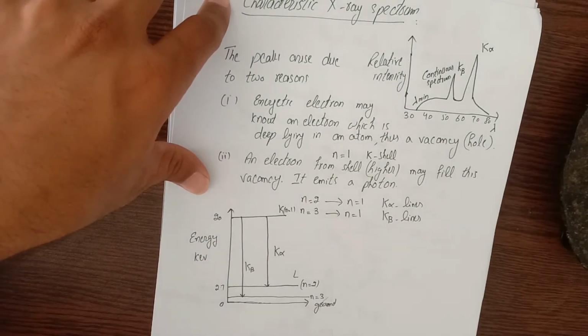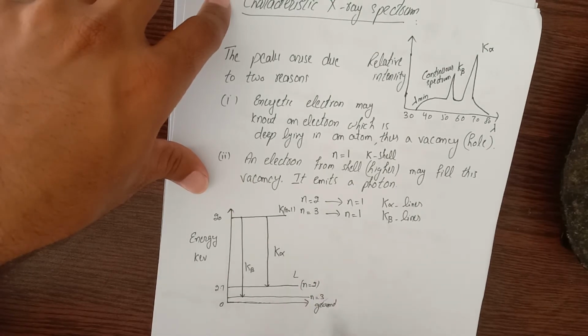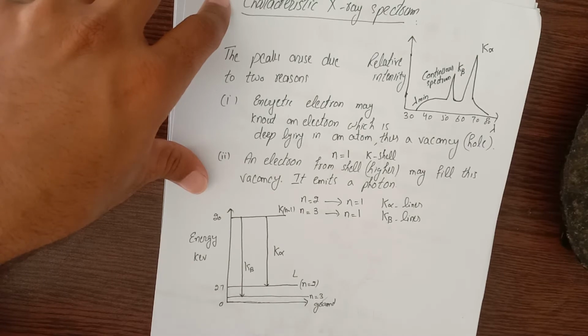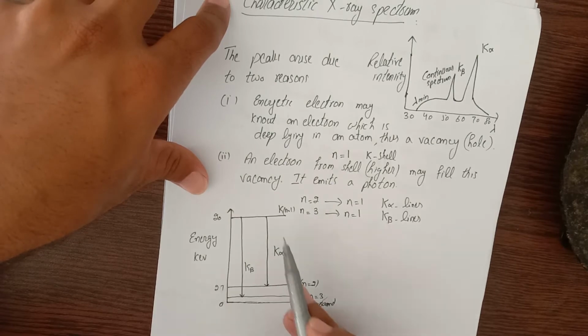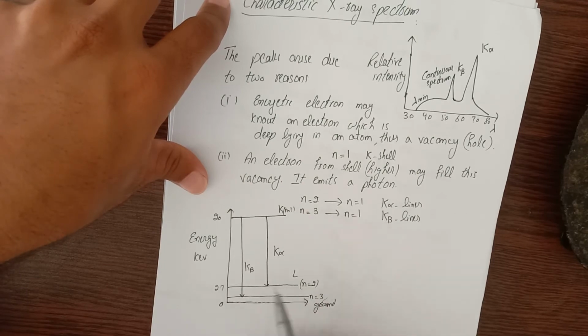And E equals 20 kilo electron volt is the energy of a molybdenum atom with a hole in the K shell. Therefore, when it is filled, K alpha lines will be from n equals 2: the electron will fill this state, and at 2.7 the hole will be created, and this 2.7 represents a hole in the L shell. Now when the electron from this shell reaches the first shell, the K alpha lines are formed, and when the electron from the third shell reaches this one, K beta lines are formed.